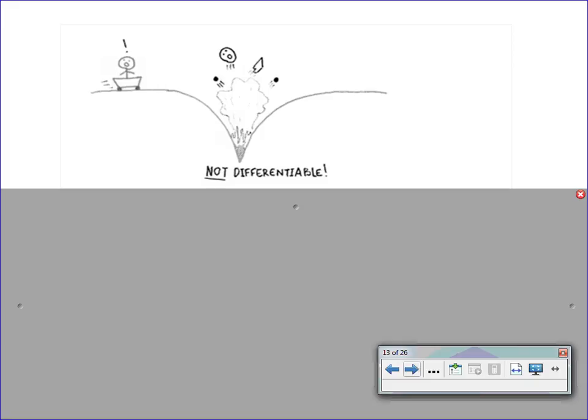If the limit of the slopes approaches positive infinity on one side and negative infinity on the other side, it's our BC definition of a cusp. That is, from one side the slopes are approaching positive infinity, and from the other side the slopes are approaching negative infinity. We're dealing with a cusp